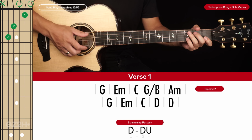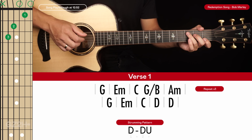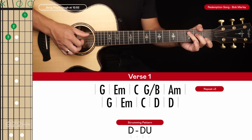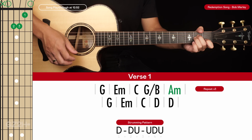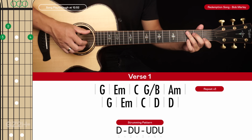So for the C to the G/B, that's contained within one bar, and each chord is effectively just played for a down, down, up, or 1 and 2 and 3 and 4, and then we go to an A minor to end this line of chords, which returns back to our full strumming pattern. So the first line of chords,